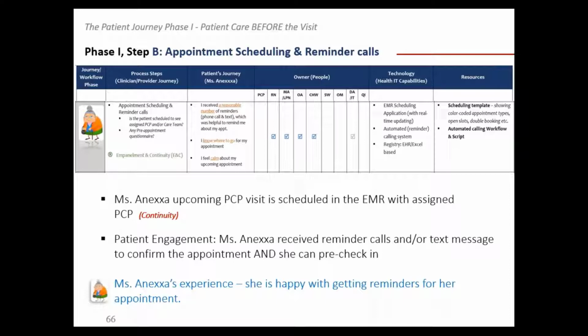Now, as you know, this is done mostly within your EMR, and different EMRs are configured differently. The most important thing is to keep in mind that you're scheduling your patient's appointments with their empaneled physician and/or care team member. Again, we also must keep in mind the patient's experience. And at this stage, Ms. Anexa is happy that she's getting reminders to her appointments, which in turn can reduce the number of no-show rates